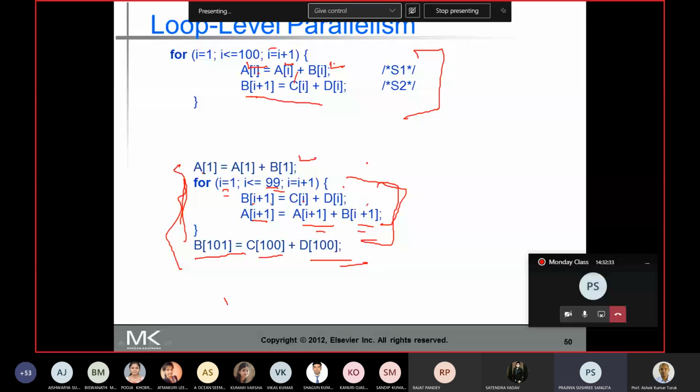Sir, I'm saying in the last example, the down code part, is there not any data dependence? In this slide only, sir. This one? Yes, sir.